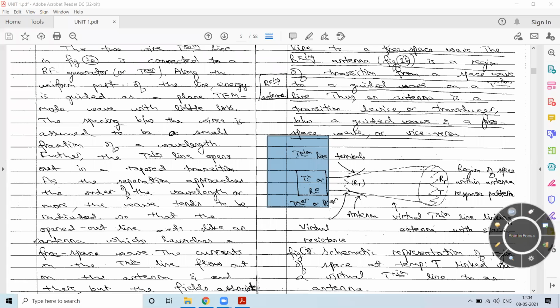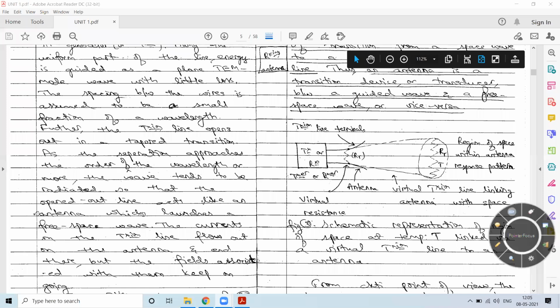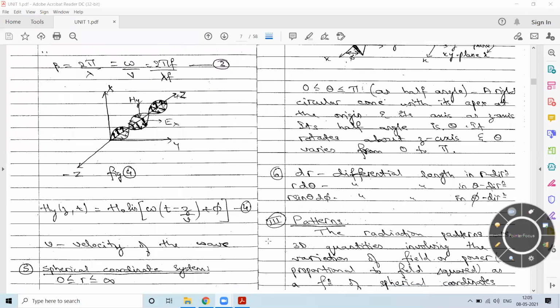So these are a few things pertaining to antenna parameters. In coming sessions, we'll be discussing directivity, gain, then the other parameters, that is field zones and other stuff. Some of the basic representations required for antenna discussion, we'll just discuss that, and we'll be winding up this session by discussing this part.